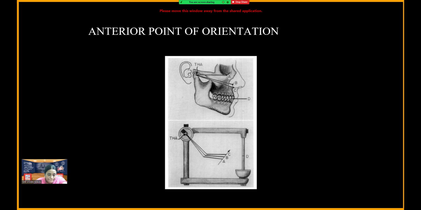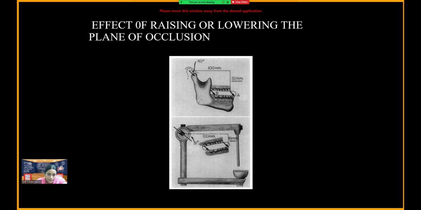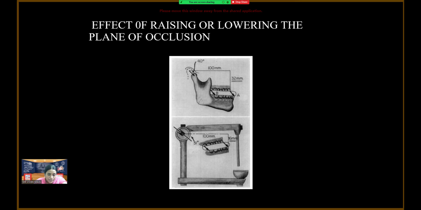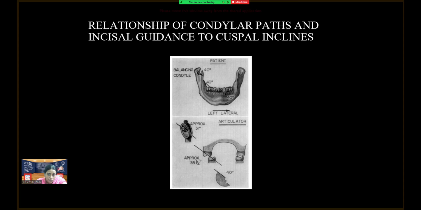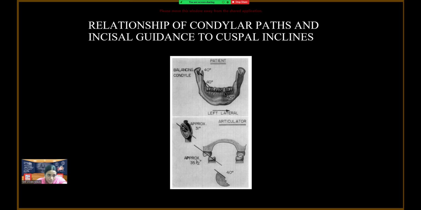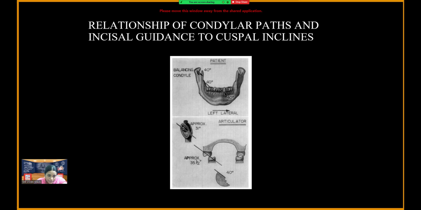Here we show the different positions of the phase 4 in relation to the articulator and the incisal tip in the semi-adjustable articulator. Here the occlusal plane is more than 16 millimeters, and because of which there is a raise in the occlusal plane, and also there's a change in the plane of occlusion. And due to the placement of the occlusal plane at a higher level of more than 16 millimeters, there is a change in the position of the molar, which is around 40 millimeters in regards to